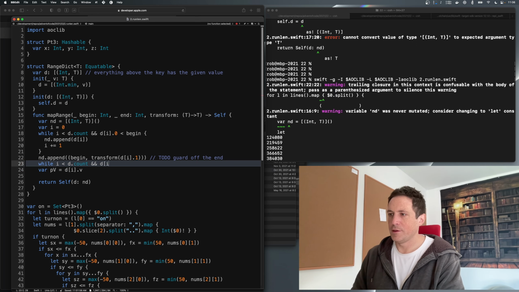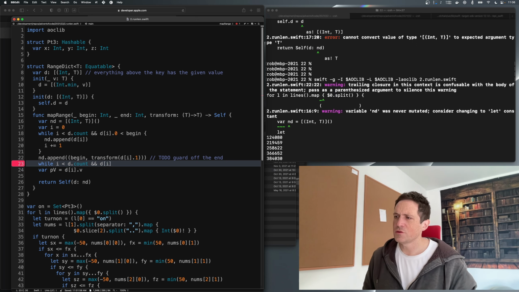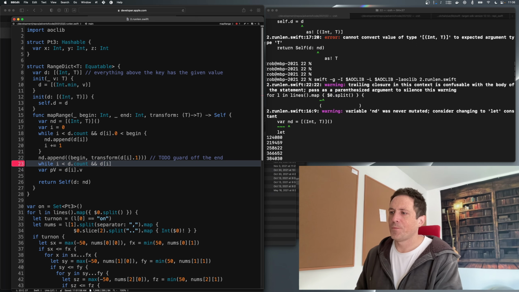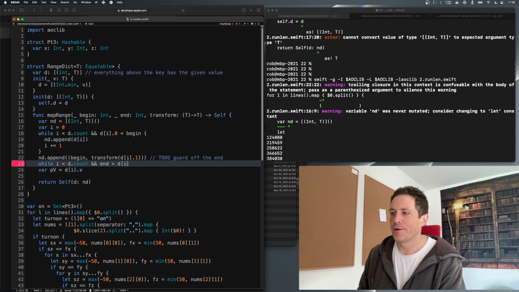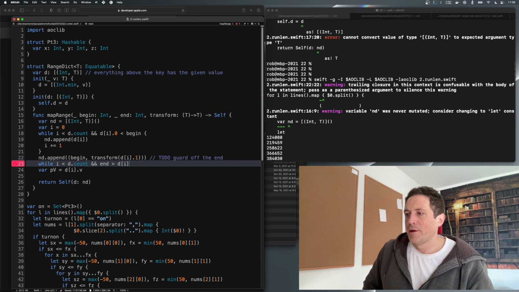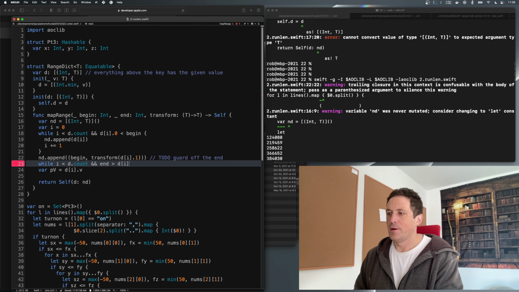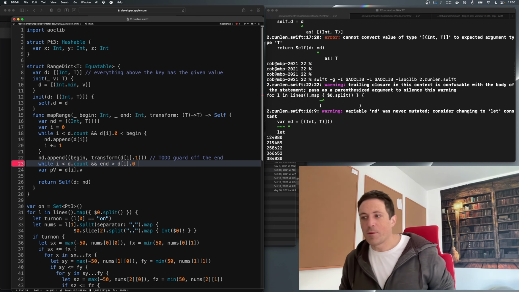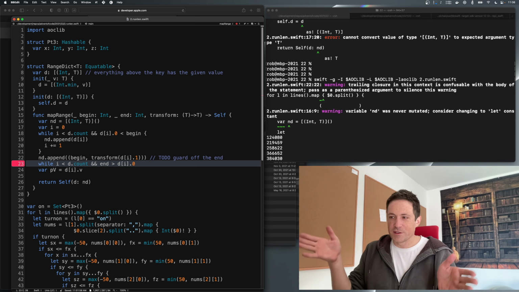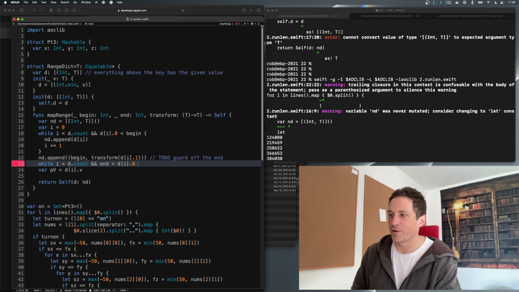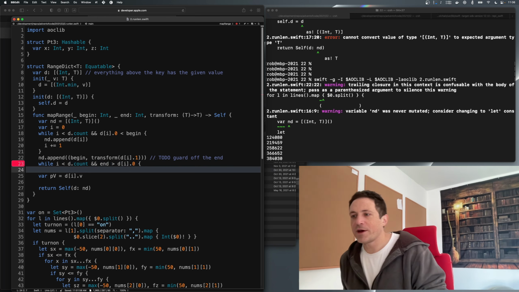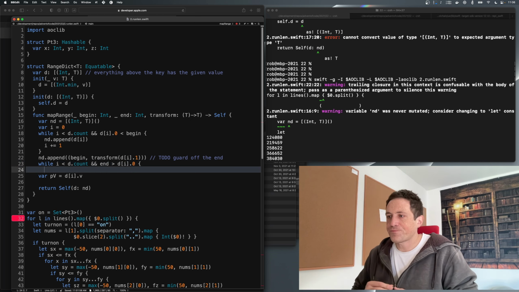And DI and is greater. Okay, now we're trying to find how many ranges we affect, right? So this is going to be the last range that we're going to get up to, the last range we affect. So for all these affected ranges,